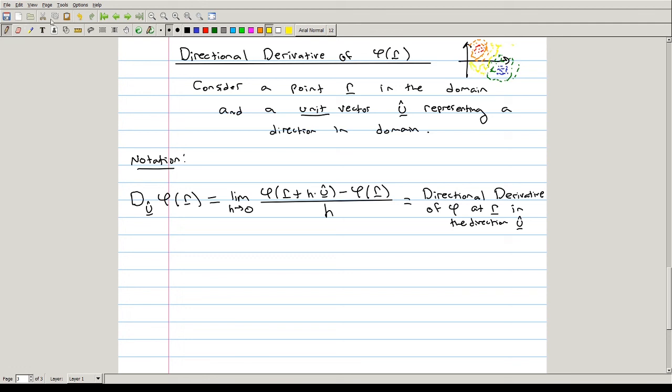And if it's pressure, it could be heavy pressure, a lot of pressure, and less pressure as you move throughout the region. At any given point,